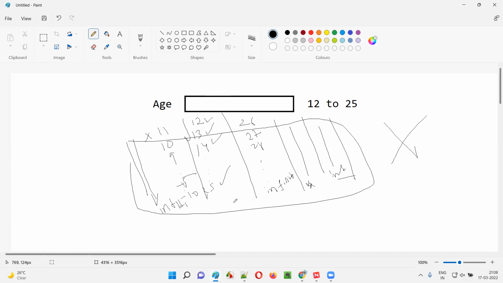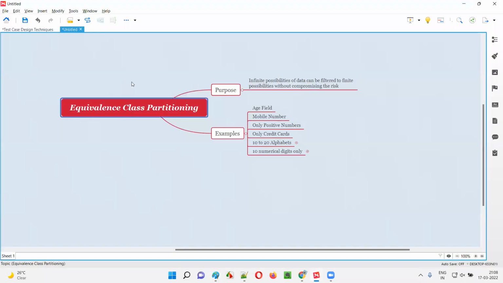Even if I give you one year, you cannot complete the testing, because if you keep entering this much data continuously, 24/7, you will not be able to confirm that each text box field got tested properly. That's the problem. To overcome this problem, there is a black box test design technique known as equivalence class partitioning,